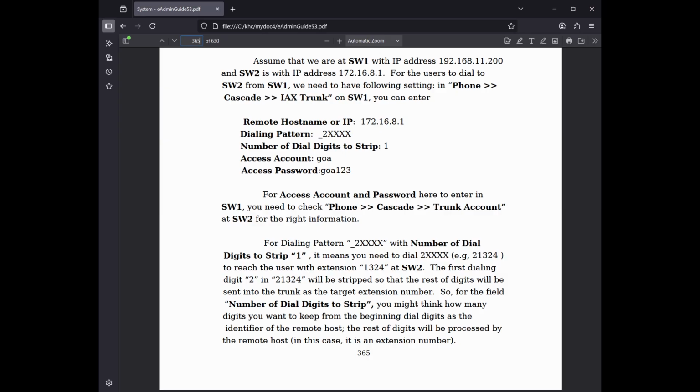In Phone Cascade IAX Trunk on SW1, you can enter remote host name or IP, 172.16.8.1, dialing pattern _2xxxx, number of dial digits to strip 1, access account Goa, access password Goa123. For access account and password here to enter in SW1, you need to check the Phone Cascade Trunk account at SW2 for the right information. For dialing pattern _2xxxx with number of dial digits to strip 1, it means you need to dial